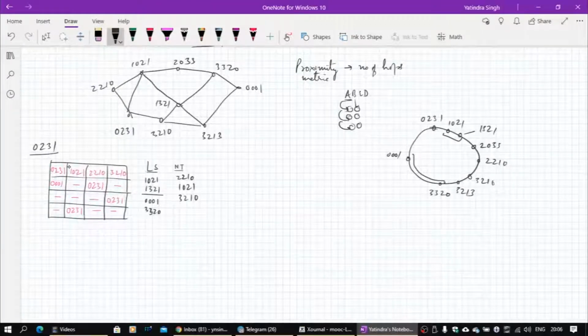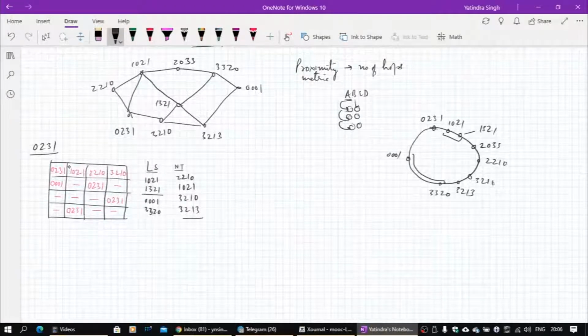There is no other entry which is feasible, so I can keep any one of them. I will try to keep an entry with 0 if possible, but there is none, so I will keep any one of them. So I can keep say 3, 2, 1, 3. That's the neighbor table actually, the 4 closest nodes for 0, 2, 3, 1.